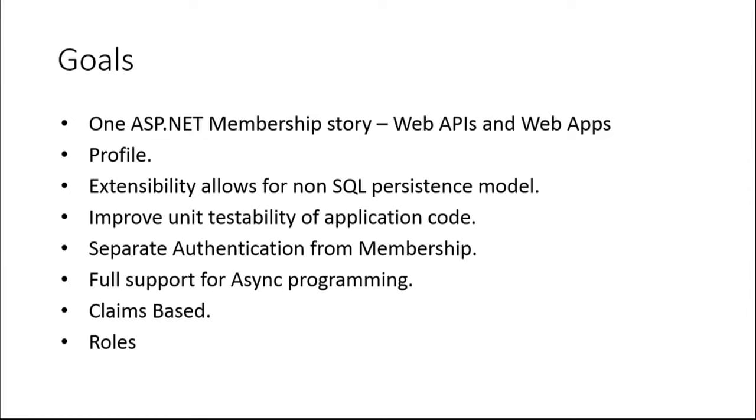We've separated authentication from membership, and so for membership, you're using ASP.NET Identity, and for logging in, you're using OWIN cookies, which is the replacement for the forms auth module that you were using earlier in your applications. It's fully async. It's 4.5. It's claims based as well, so you can add custom claims for the user. You can do roles, and I think the biggest advantage of us coming up with ASP.NET Identity was